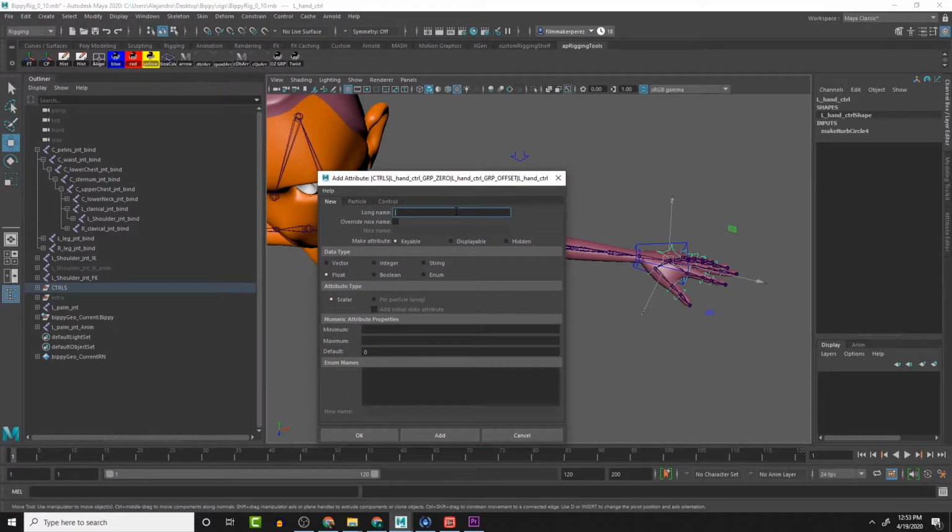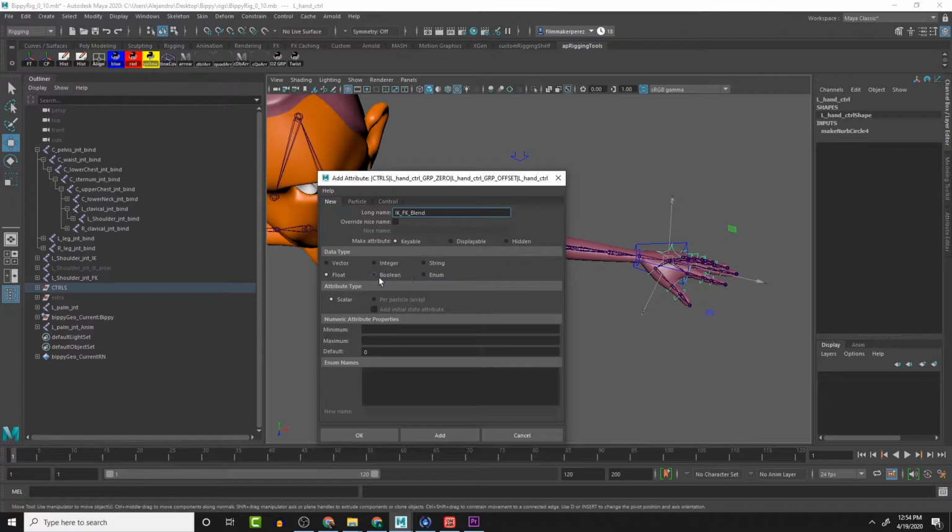This attribute is going to be the IK_FK_blend. We're going to leave it as a float because we are going to be able to blend between the two values, and then we can do boolean and enum